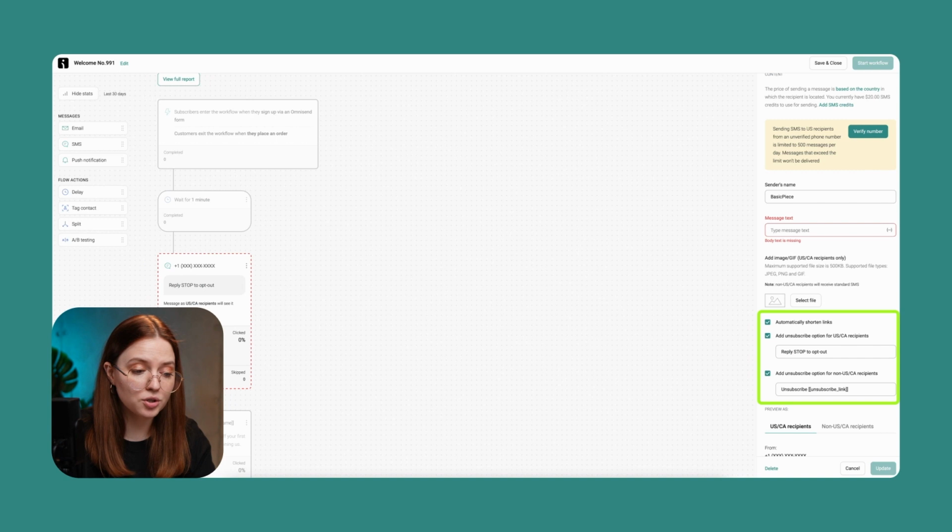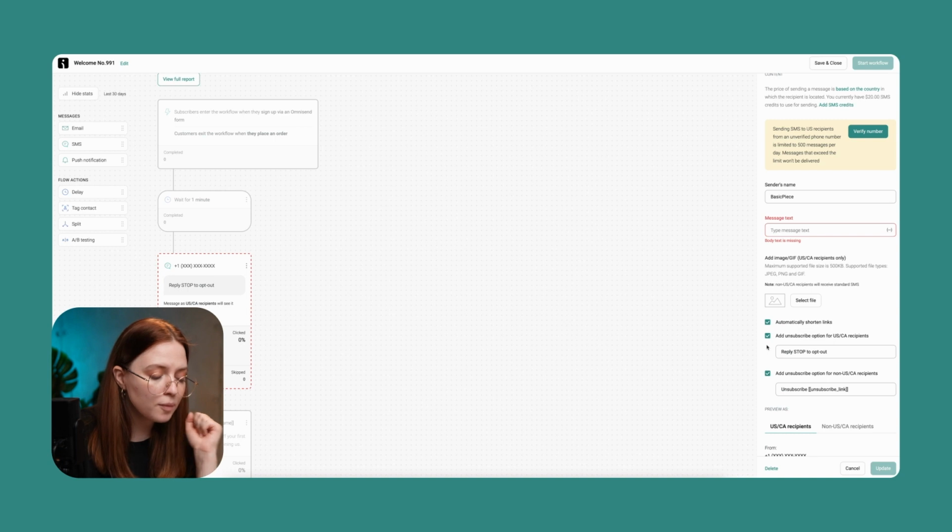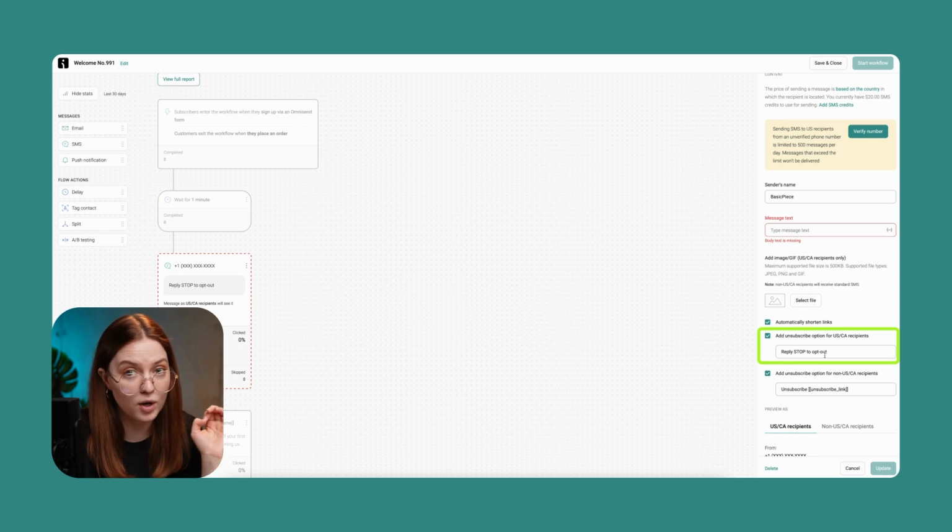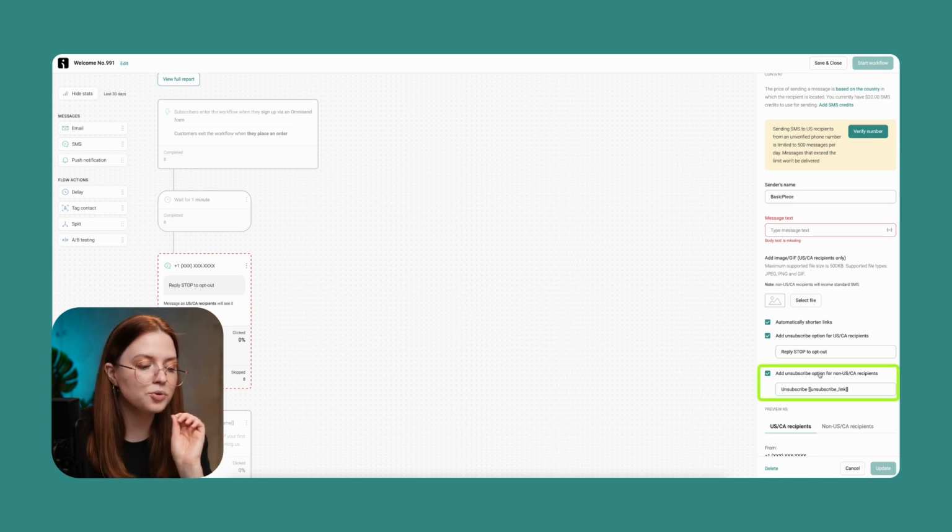Add opt-out instructions to the message. At the end of the message, you may want to add the opt-out instruction. Even though this is optional, I personally encourage you to add it to the content of your text. To comply with the TCPA requirements, we suggest adding a reply stop to opt-out text for the US customers. And since the keyword replies are relevant for the US customers only, I suggest adding an unsubscribe link for the